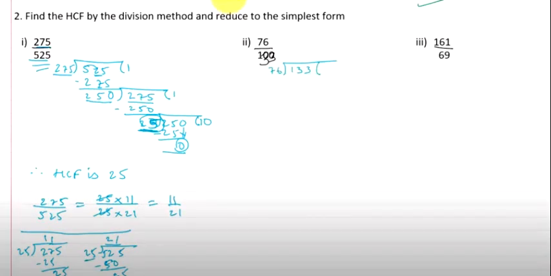Again follow the same rule for division method. Smaller number write as the divisor and bigger number you write here as the dividend. So you write in this manner 76 divided into 133. You have to find the table of 76. 76 ones are 76, 76 twos is quite a bigger number. So I will divide simply by 1 times table. 76 ones are 76. I have 57 as the remainder.